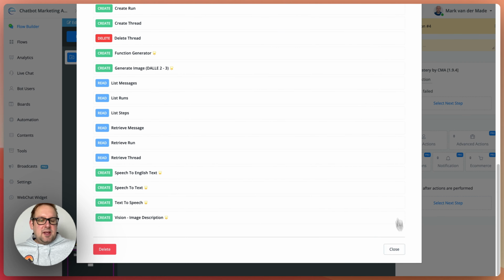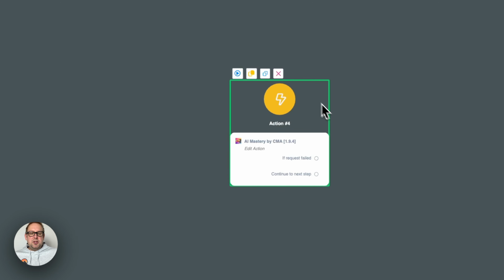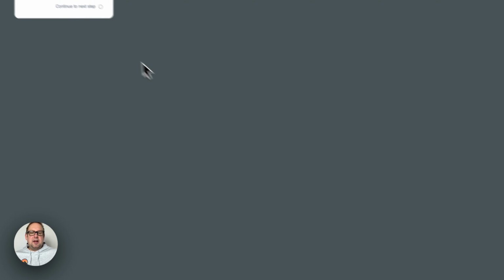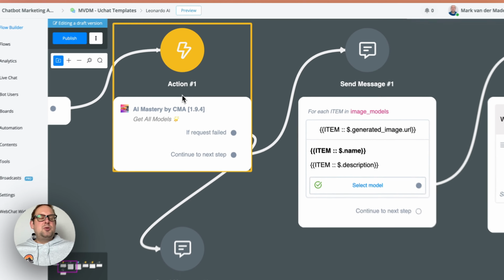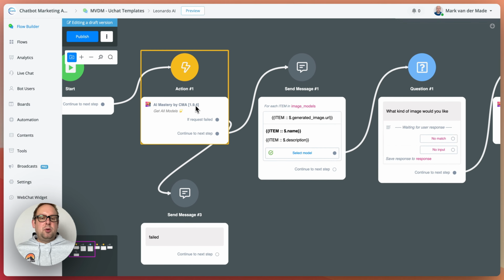So that being said, if we're going to close this one, I already implemented all the different kinds of models that we need to use and all the different kinds of actions. The first step is to get all the models. So you can select your own model, and then we're going to display that inside of a nice looking gallery overview. So if we're going to take a look inside the action get all models,